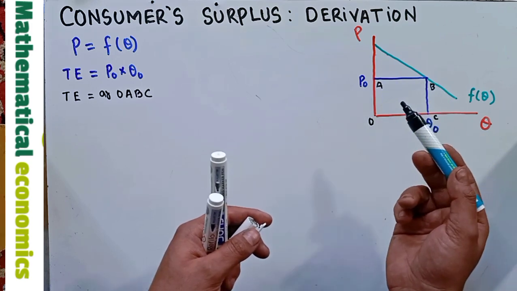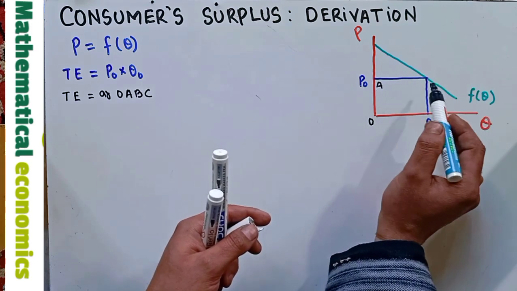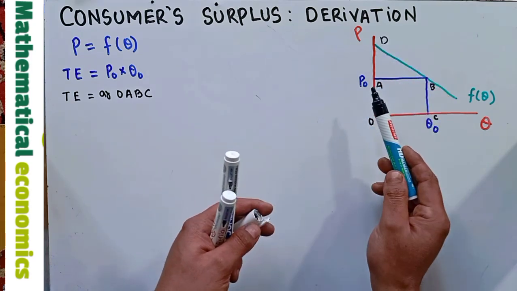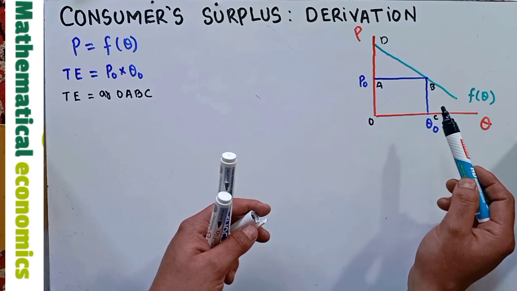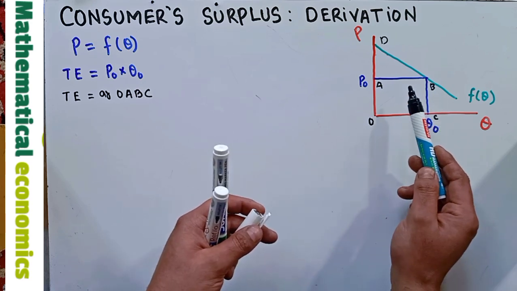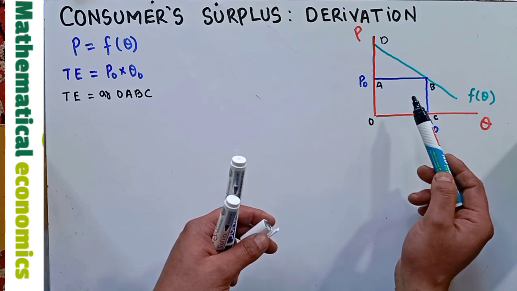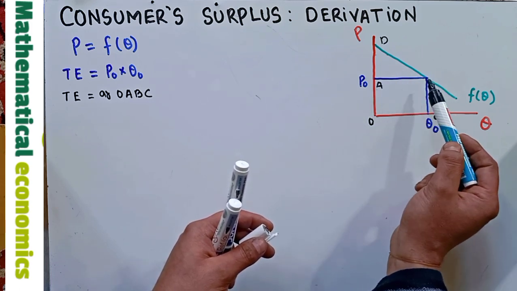Let us say this point denotes D. For quantities up to Q naught, they would be willing to pay the higher price given by this demand curve. Now the area ABD